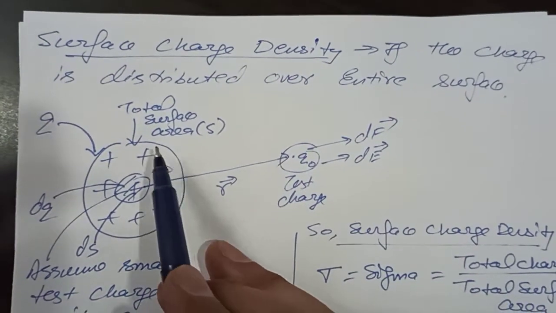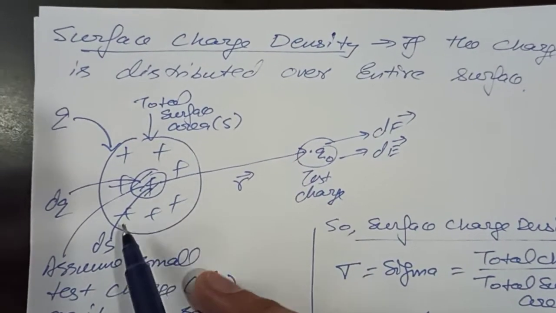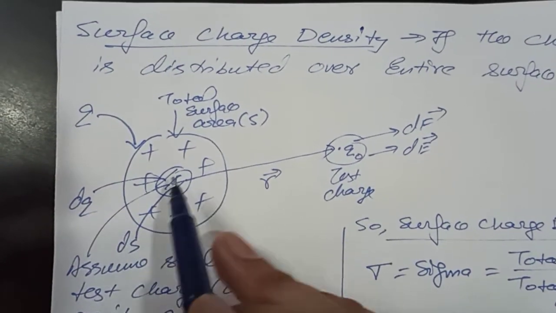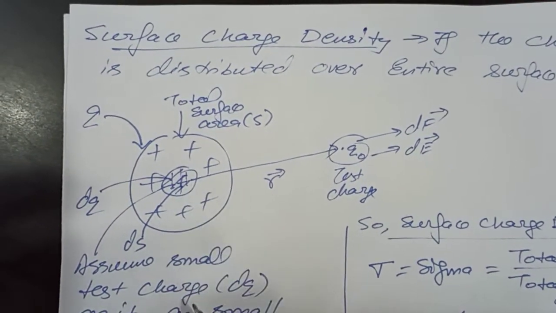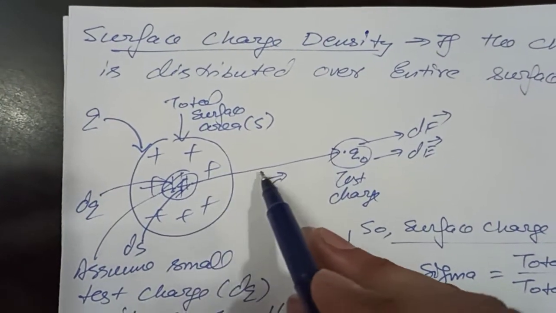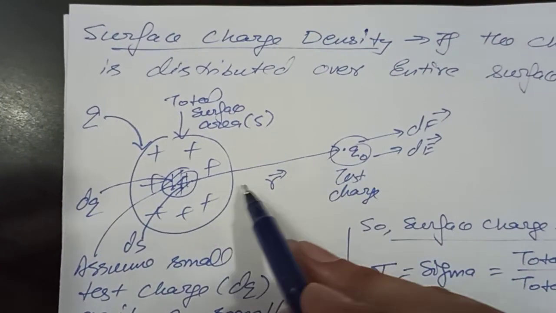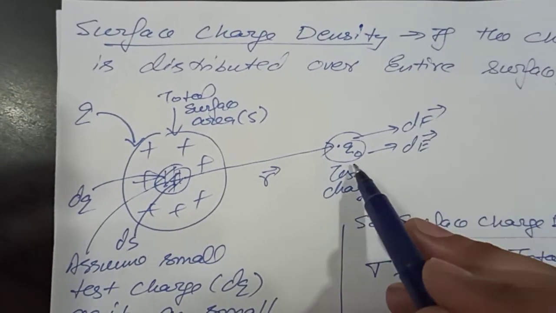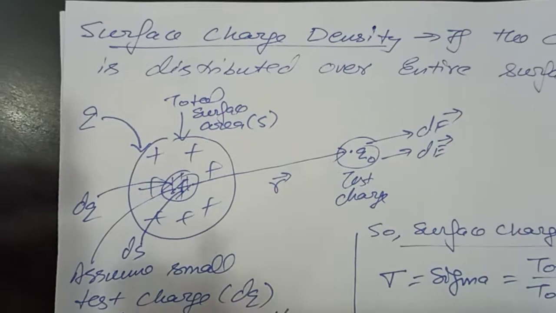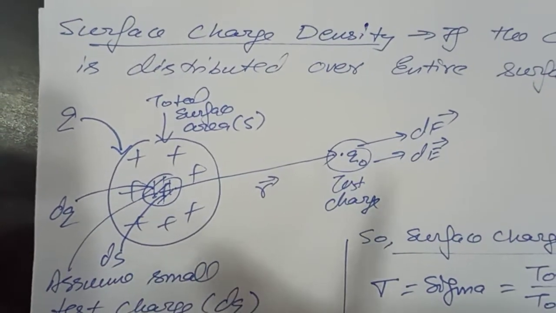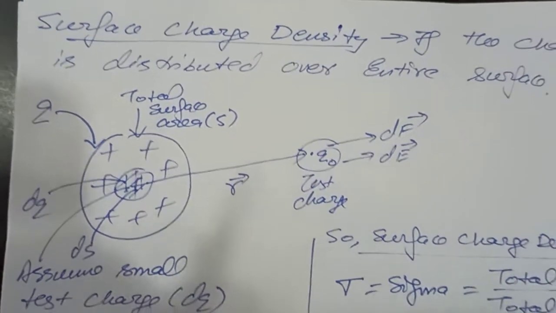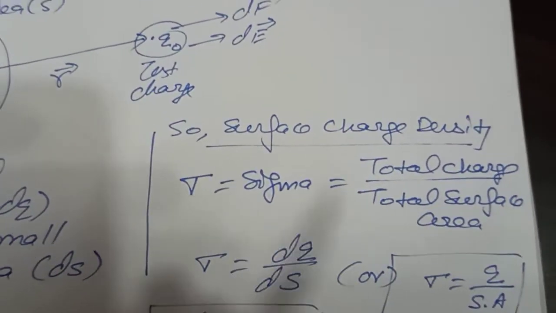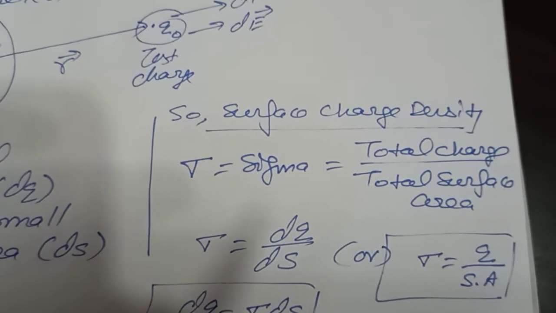So how will we consider the force as well as the field? First of all, on this whole surface we will assume a small elemental surface dS where the charge is a small elemental dq. From here we join the line, represented by r, the point to point distance. That is the direction of dF and dE, electric force and electric field. The formula for electric field and electric force is the same. Now the concept comes about surface charge density, as we already discussed the linear charge density lambda.